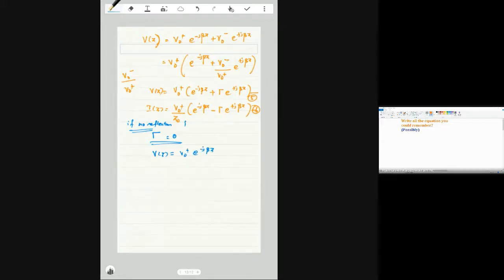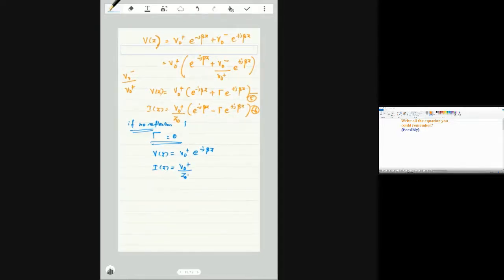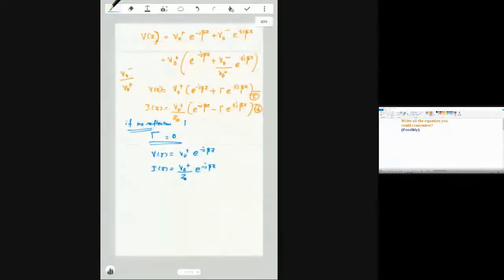The current is again only the incident current, V naught plus by Z naught, so V by Z naught is nothing but the current, no? So e power minus j beta z. If no reflection is present, the line is perfectly matched; this we call a perfectly matched circuit. Okay, there is no reflection. Practically it may not be, so that is what we are going to estimate and how to make it matched so that there is no reflection. That is ideal, because